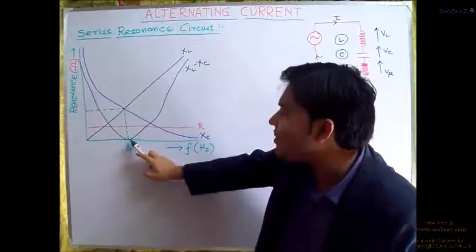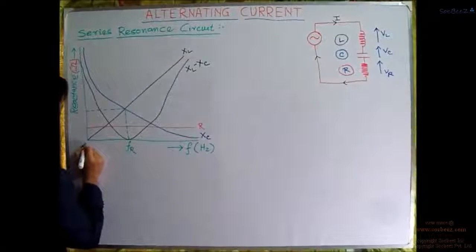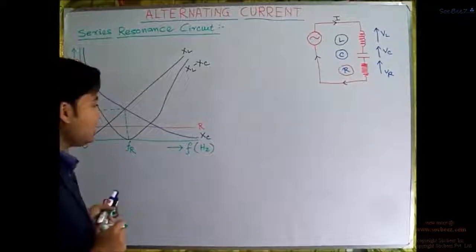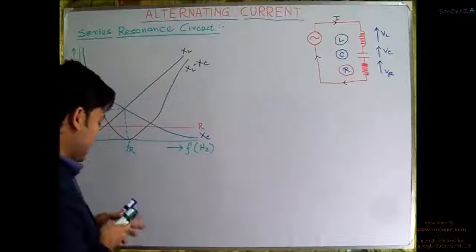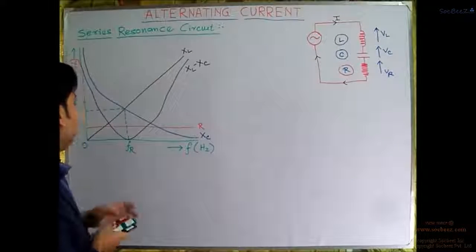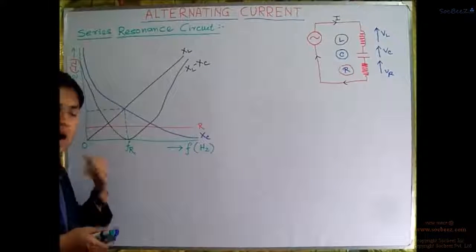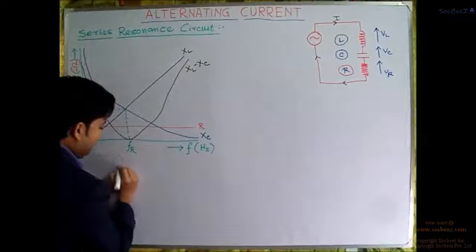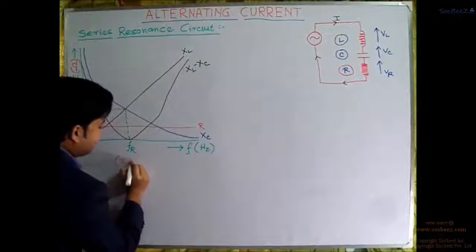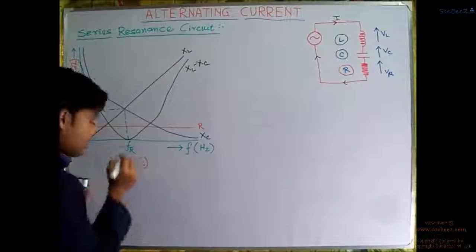That is the reason why it is 0 over here, because this is the origin, right? And if it happens as such in this scenario, we can tell that at this particular point of Fr, we shall say that XL is equal to XC,